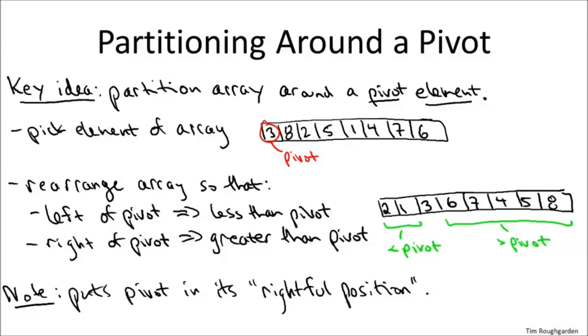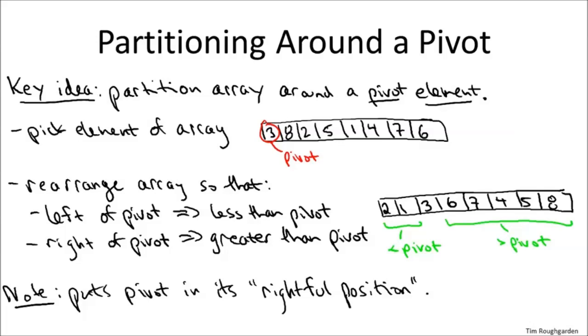The responsibility of the partition subroutine then is to rearrange the elements in this array so that the following properties are satisfied. Anything less than the pivot is to the left of it. It can be in jumbled order, but if you're less than the pivot, you better be to the left, like this 2 and 1 is less than the 3. If you're bigger than the pivot, then again, you can be in jumbled order amongst those elements, but all of them have to be to the right of the pivot. And that's true for the numbers 4 through 8. They all are to the right of the pivot 3 in a jumbled order. So this in particular puts the pivot in its rightful position where it would belong in the final sorted array,